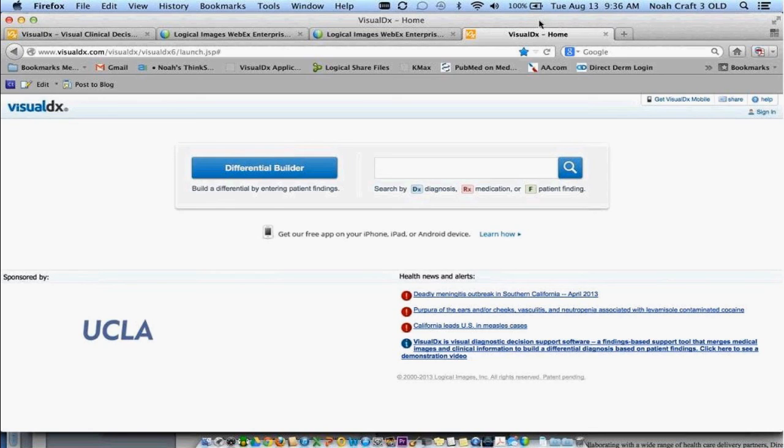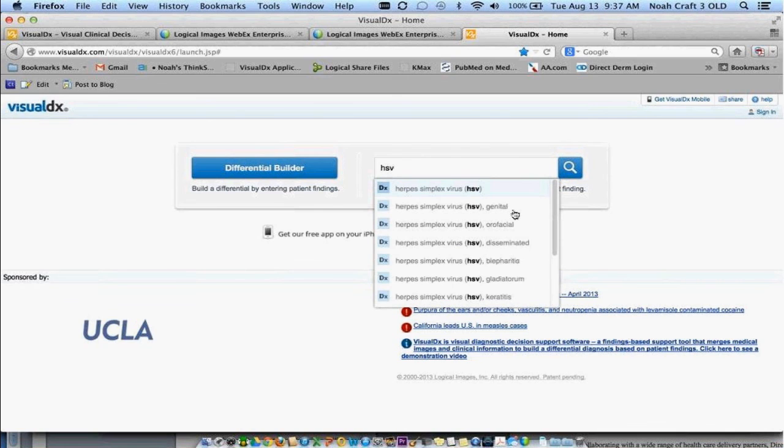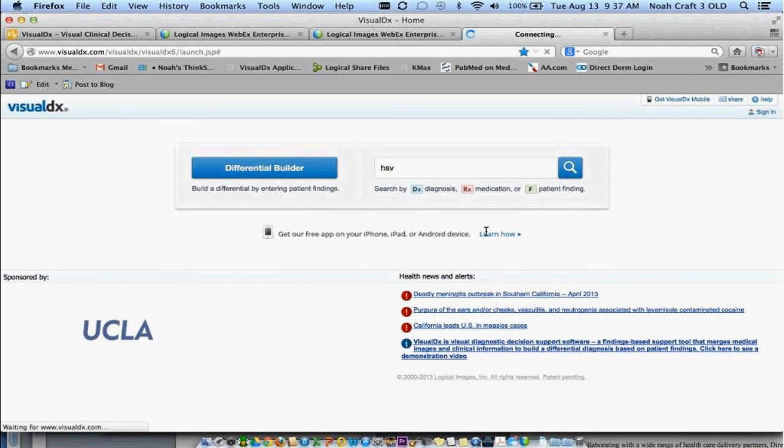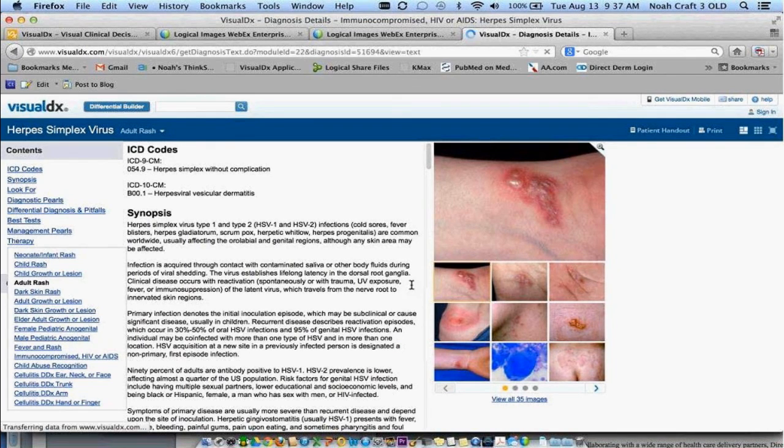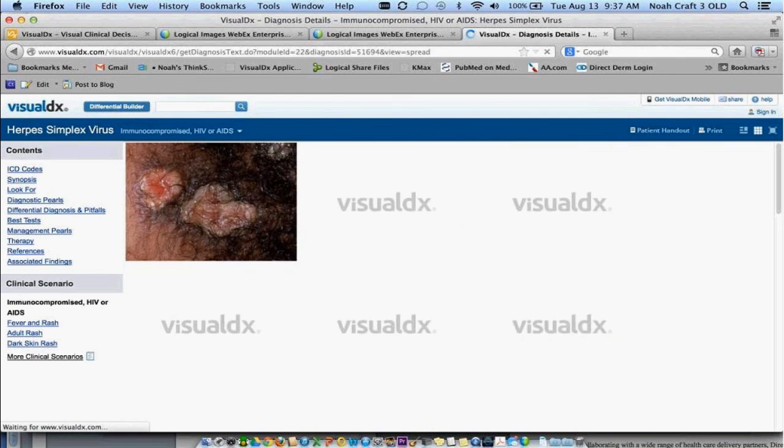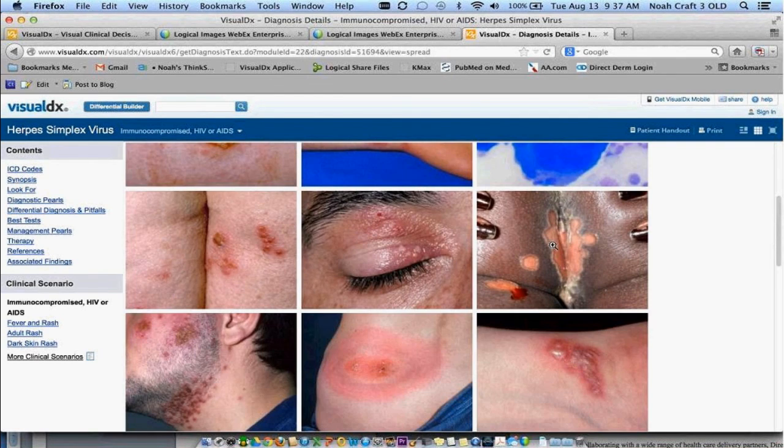Have you seen multiple HSV lesions that will coalesce into one large lesion or ulcer without raised borders? I've seen multiple HSV lesions coalescing. I would say the answer is yes. So aggressive HSV, let me see if I can show you an example of that. I'll show you this disease in an immunocompromised patient. In an immunocompromised host, you can get really aggressive presentations such as this.